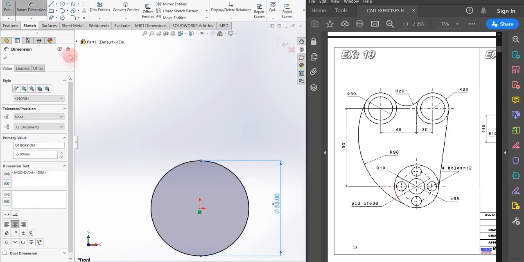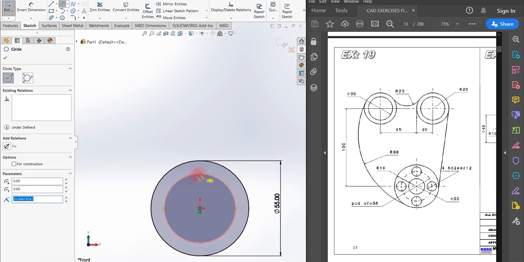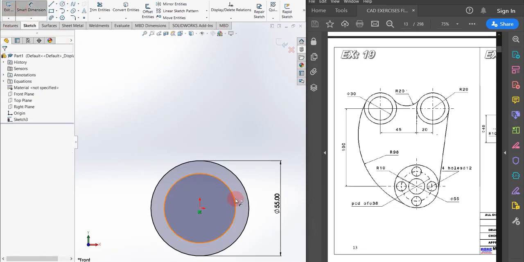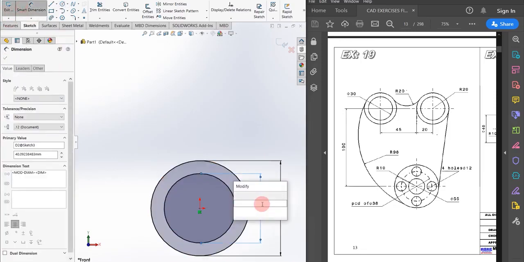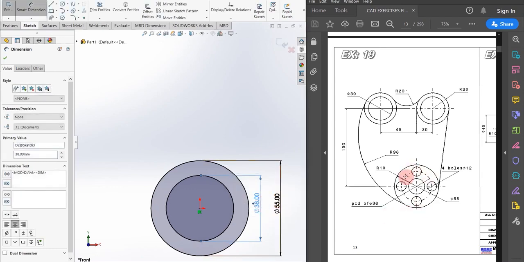Another circle is there with diameter 38.